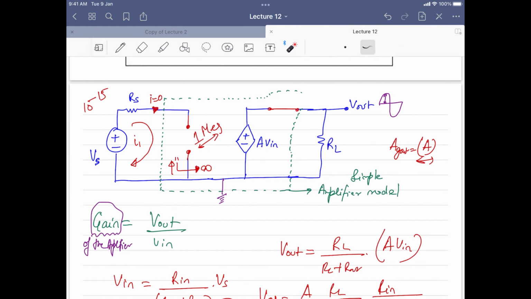But sir, if a company is manufacturing the whole system, like microphone, amplifier and speaker combined, then they can make changes, right? Once they have created something, then changes will not be possible. Will you agree on that or not? Yes, sir. Once they have created it, then it will not be possible. Yes, but while creating it, they can change RS and RL instead of changing R in and R out.